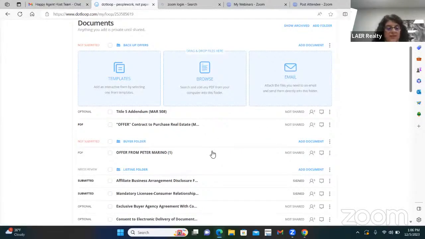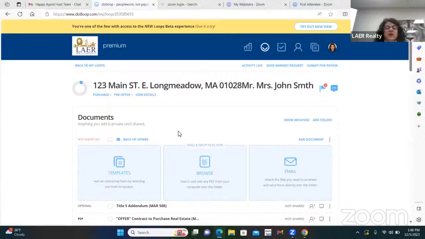So I'm going to just pause to see if anybody has any questions. I don't see anything in the chat. So I want to show you, because this is one of the biggest reasons why loops are not approved, because of the lead paint. People put in signatures or initials, and the Dotloop team can't read where those initials are. So let's just upload